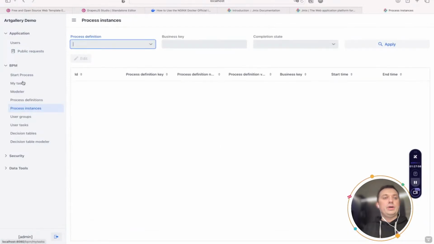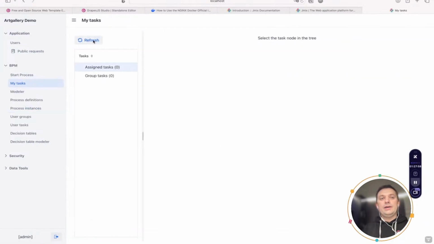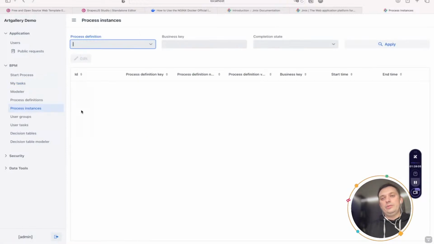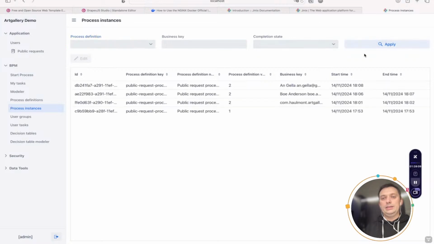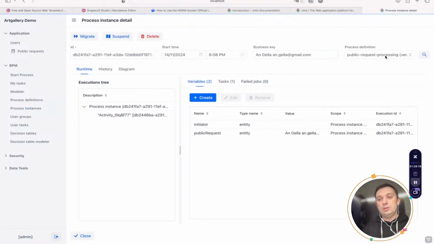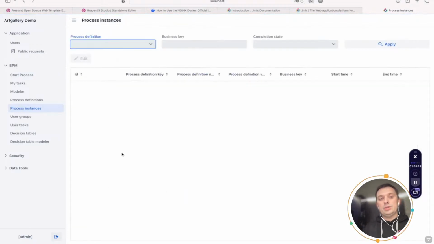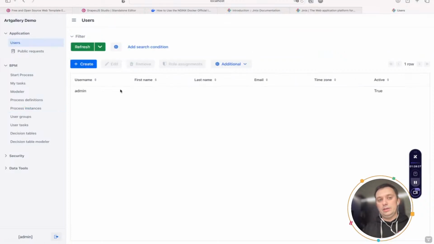That's great. Let's go to My Tasks. I see nothing here. What's the reason? What happened? The reason is I've done the request, created the process instance, and launched it, and created the public request under the anonymous user. That's the reason. And the anonymous user is not the initiator, because I've told you already that the initiator has type of user, and there is no anonymous user in the users